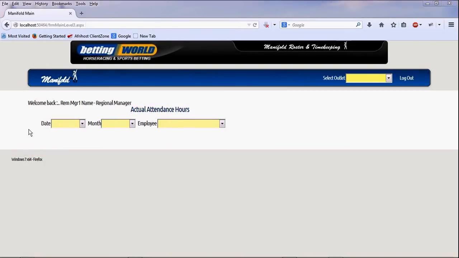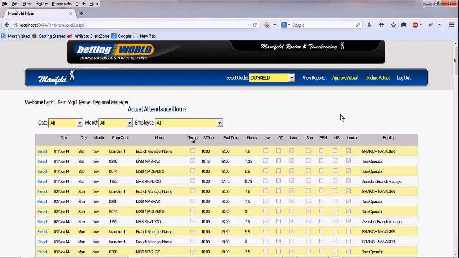This final step of the overview is basically pertinent from regional manager through to audit, through to payroll, with everybody having the same kind of functionality but with the approval stages in between. So when regional manager approves, it will go to audit. Once they've assessed and approved, it will go through to payroll. Once they've assessed and they've recorded the information in VIP, they will then close off the hours for that particular outlet. So basically they will select the outlet that they are working with, and all the information will be displayed